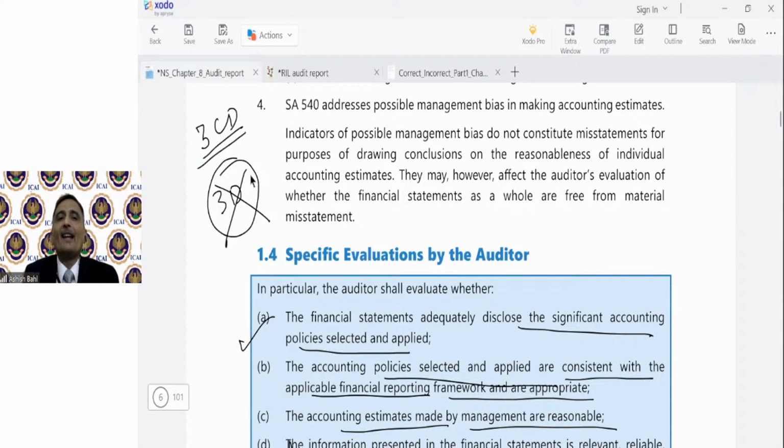So when an auditor conducts an audit under the Income Tax Act, then he has to give a report on certain matters which are required under the Income Tax Act. Now the main report is there in form 3CB, and